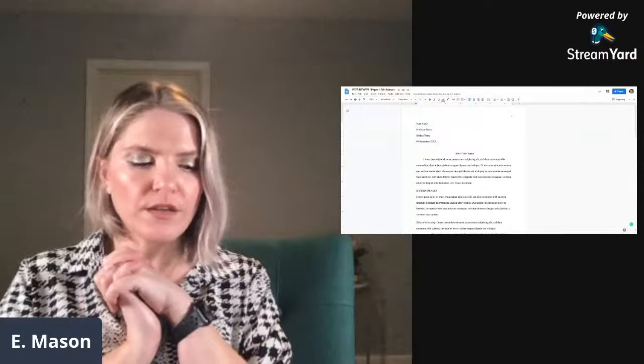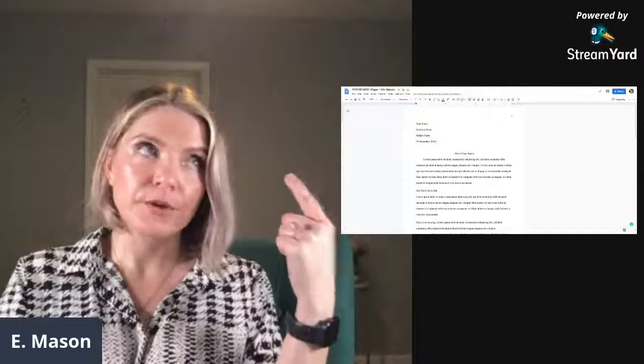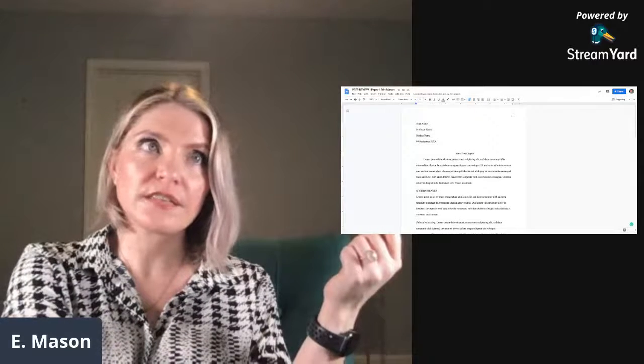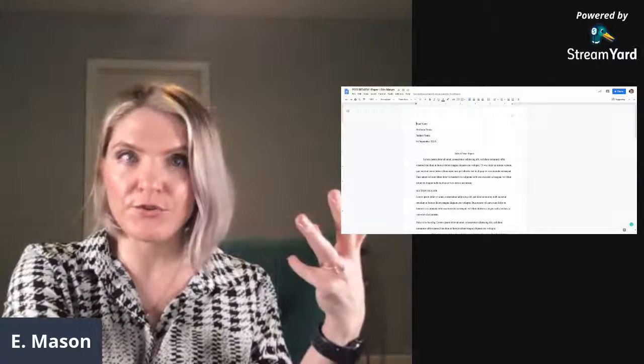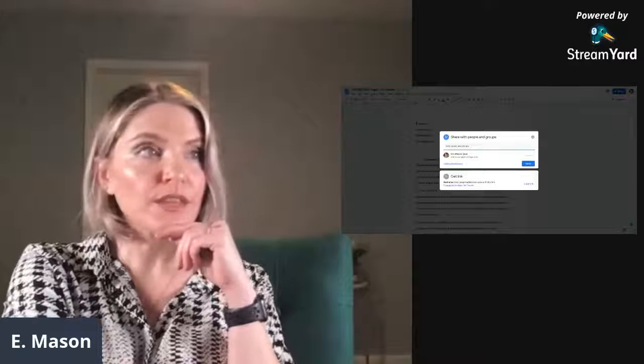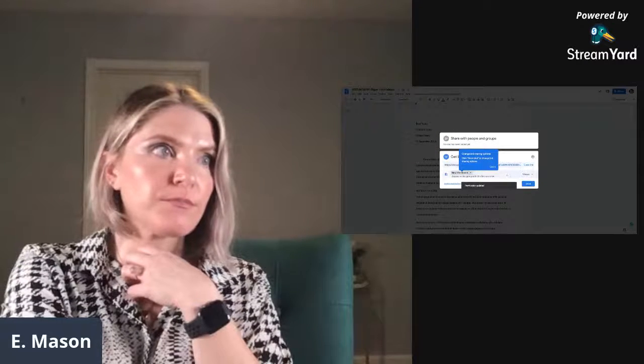So first thing, you paste your peer 1 link, and make sure, when you do the share settings and share the document, also make sure that if you're logged into your NLC account, then this should work. If you are not logged into your NLC account, like if you're going to peer review someone's stuff, then you'll need to change it to something,